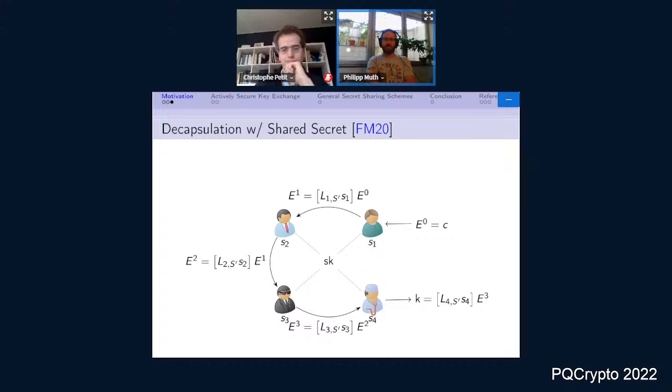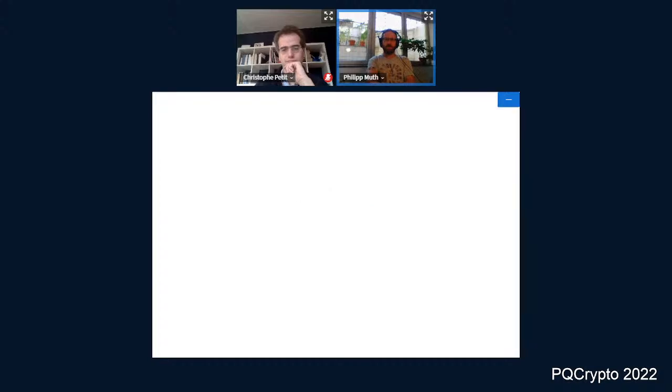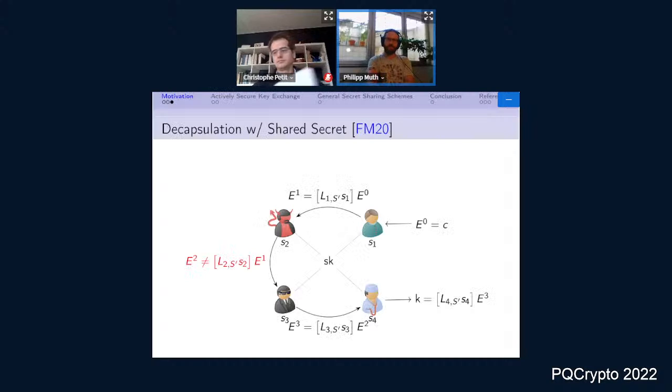There is, however, a small problem. This protocol is only passively secure. That is, a shareholder can drop out or provide a malformed input to the decapsulation, and the other shareholders have no way of detecting this misbehavior. The first task that we set out to do was to provide active security for the decapsulation protocol. We will use two measures to achieve this.